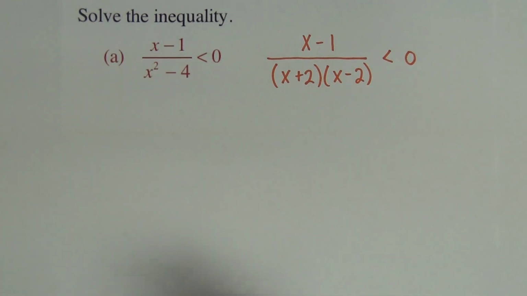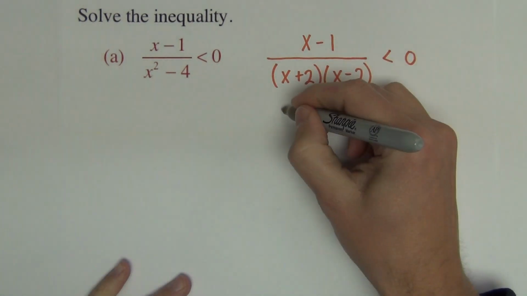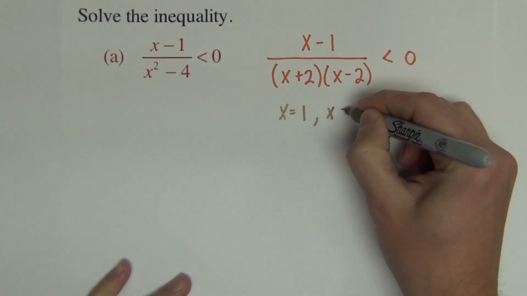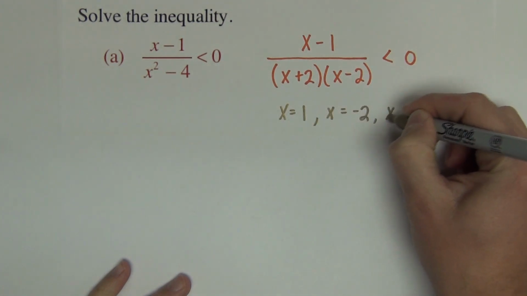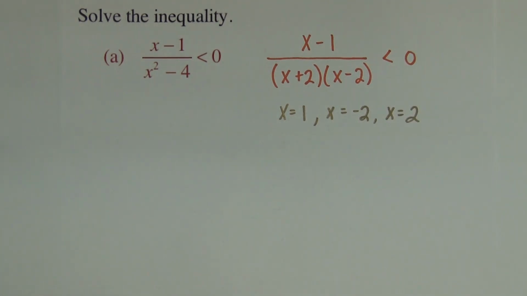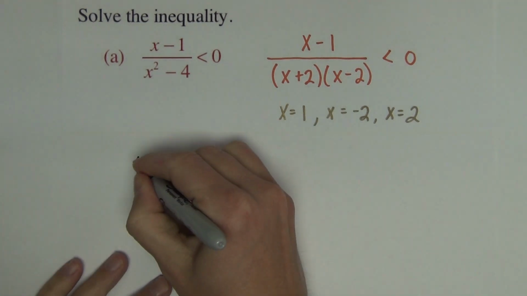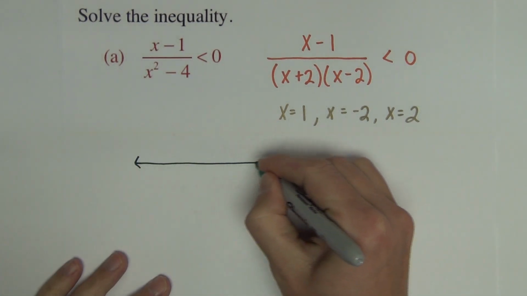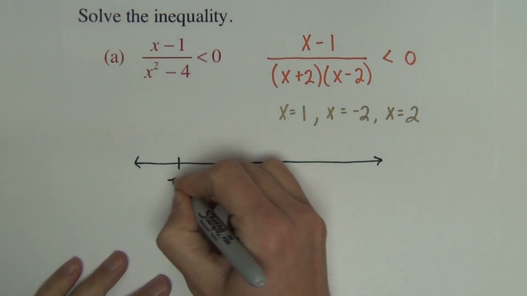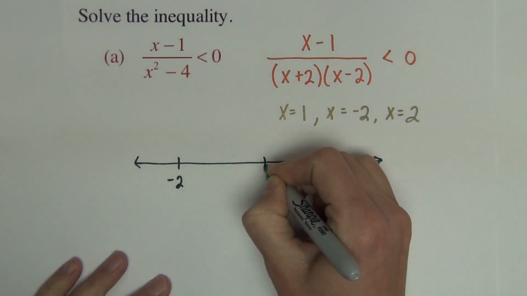Okay. Now what we're going to do is get the zeros from the numerator and the zeros from the denominator. So we get x equals 1 from the top, and we get x equals negative 2 and x equals 2 from the denominator. So we're going to get all 3 of those points in this particular problem. I'm going to take these 3 points and locate them on my number line. So negative 2 comes first, then 1,